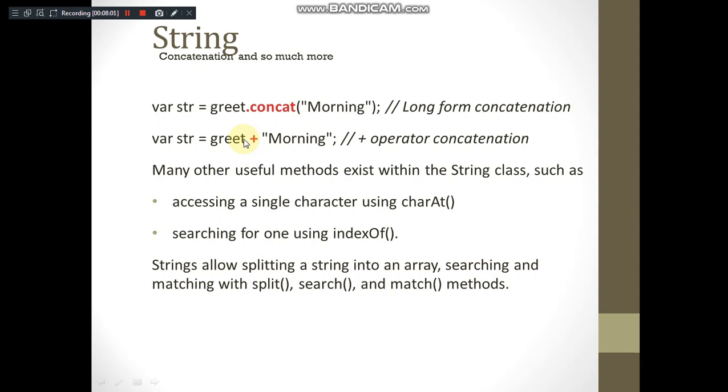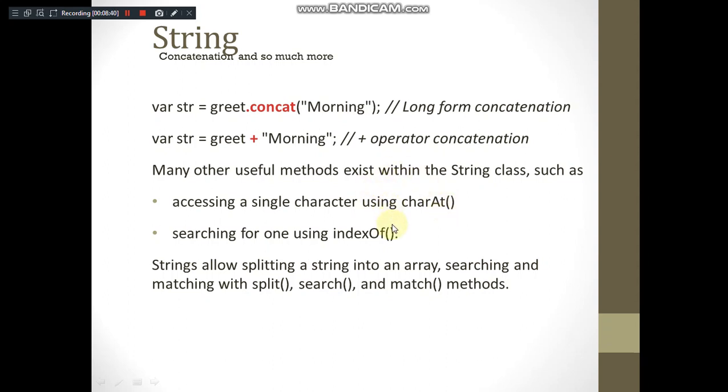If you want to find the character at a particular position, you can use charAt, right? So charAt is one of the built-in methods available to this. An integer index has to be passed, like say for good morning, if I say greet.charAt(1), then it will return o, isn't it? Similarly, if you want to know the index of any particular character within a string, like if you want to know what is the position of d inside the greet string, then what you can do is indexOf d.